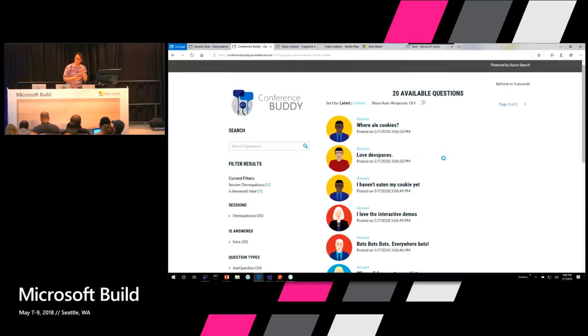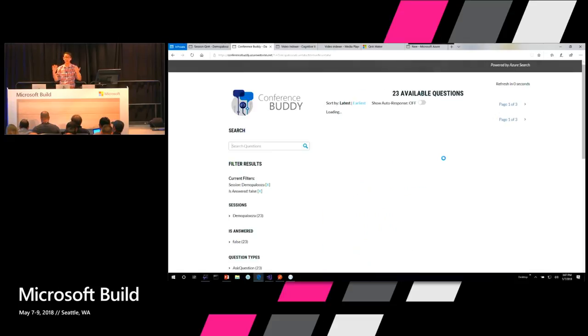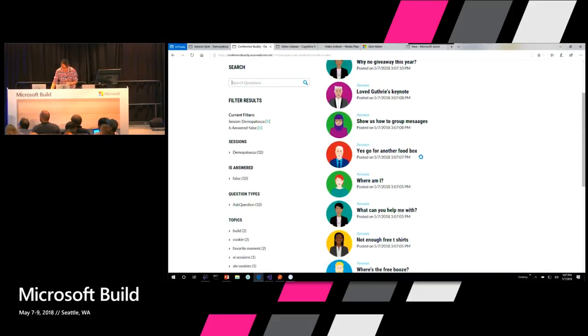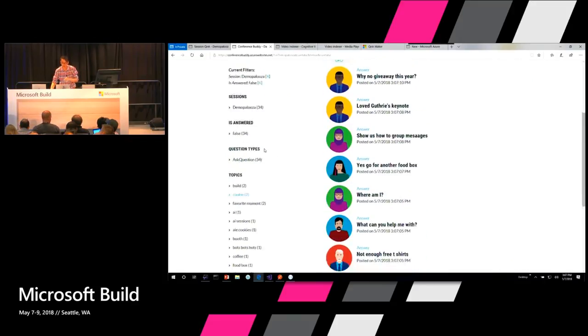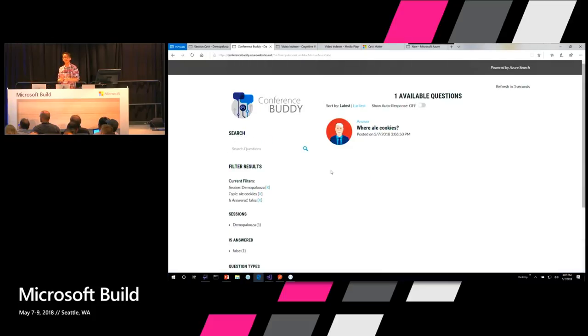So you can see that as you are sending in all your comments about the things that you like about Build, or in a session like this, questions about the things that you want to ask, the presenter can take a tablet or even a laptop like this and see all these things. And you remember that I talked about how we perform key phrase extraction? Because of that and Azure Search, now we can filter all these questions by topic, and it's going very, very quickly. So for example, let's see if we can find the cookie. Oh, there you go. Oh, there's one L cookie here. And there you go. See, we can filter it, and we can see the cookies.